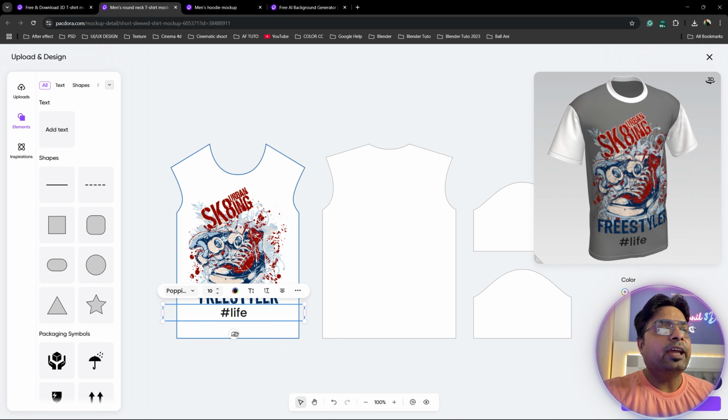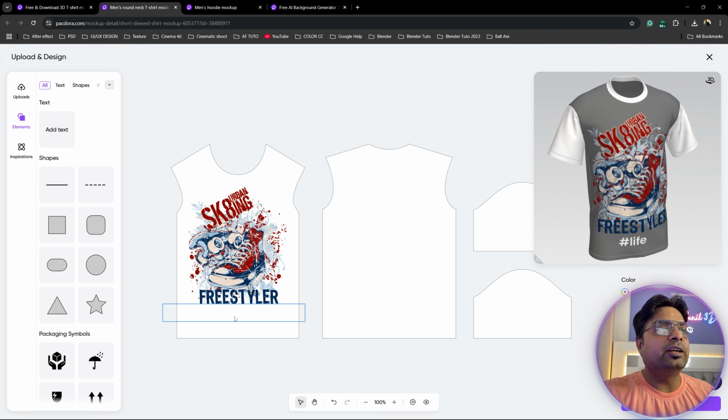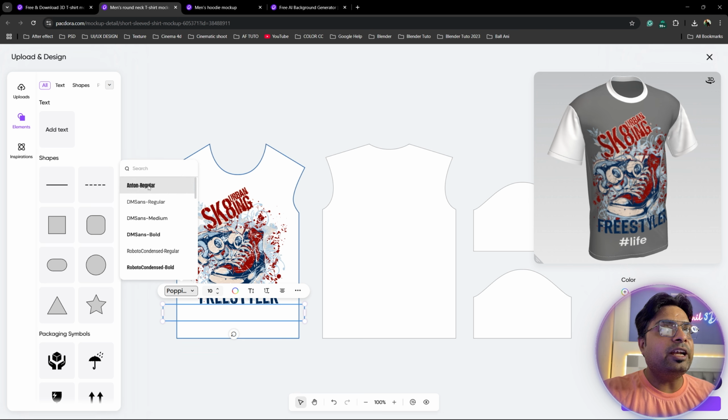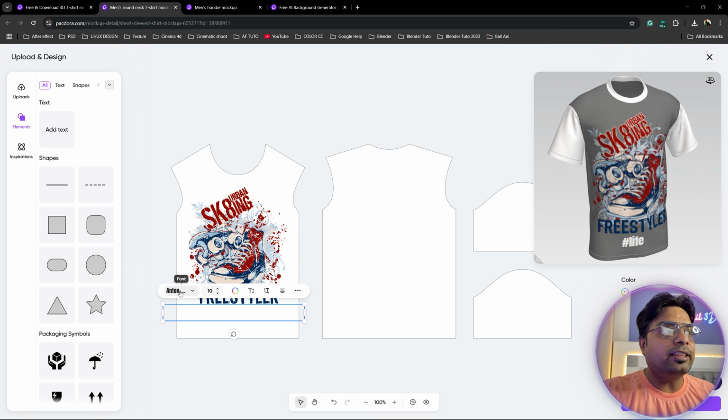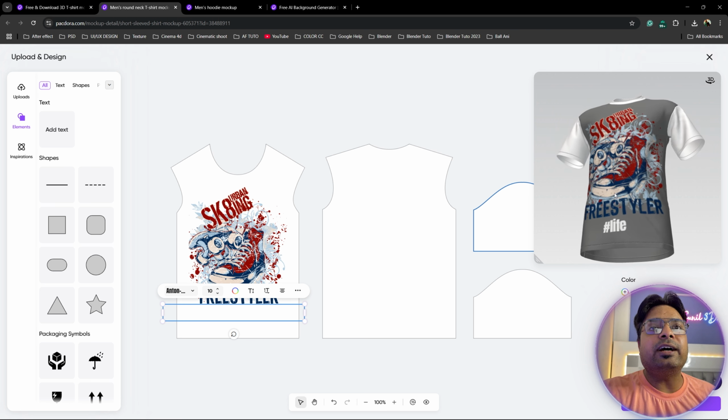Yes, perfect. And now, guys, you can also change color. So white color is perfect. White color, yes, really good. So, guys, you can also change text font. This is my different style of font. I like this one. Yes, this is my text. Right, you can apply text and also texture. Okay, so this part is complete.